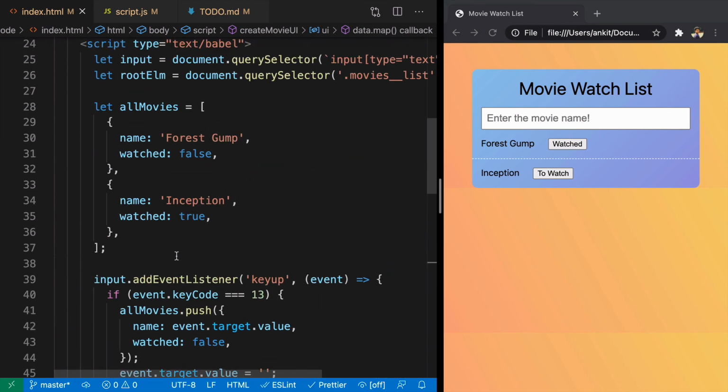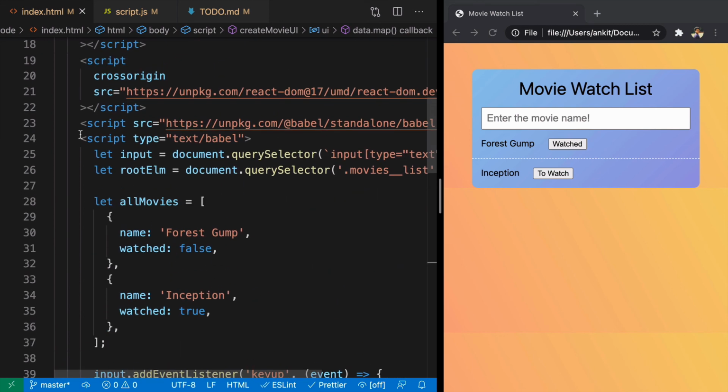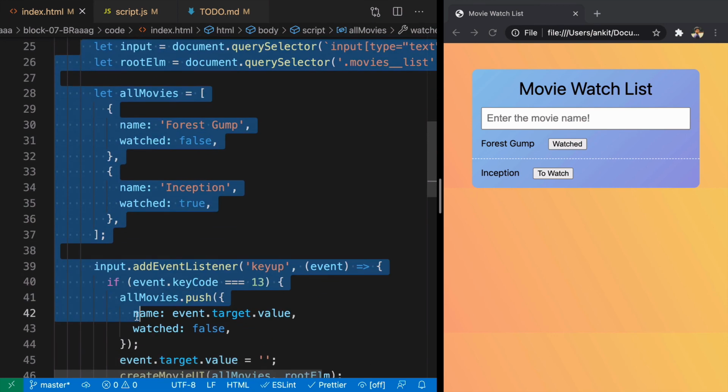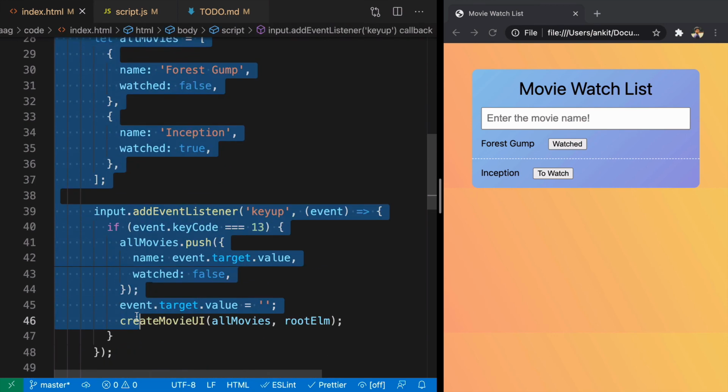The important thing to notice here is that whenever you're writing JSX, don't forget to change the type to text/babel. Another thing that can also happen is that whenever you're using text/babel and you use an external file, sometimes it doesn't work. That's why I just pasted the code in the same file, so it is a lot easier to use. So we completed this exercise.